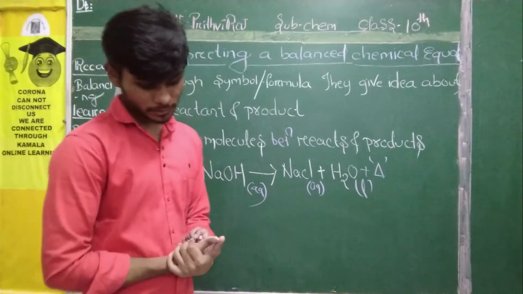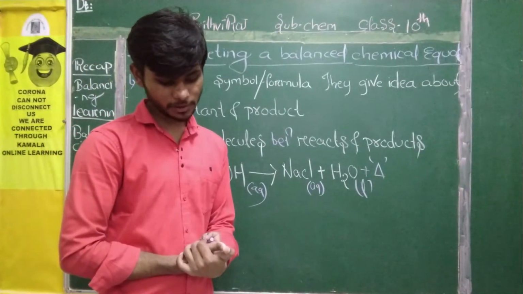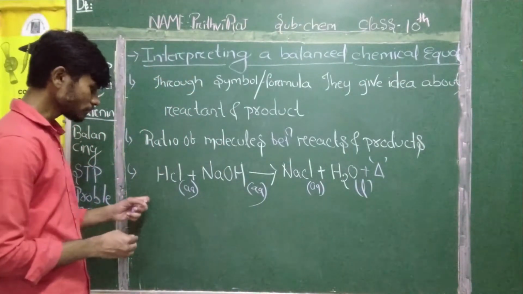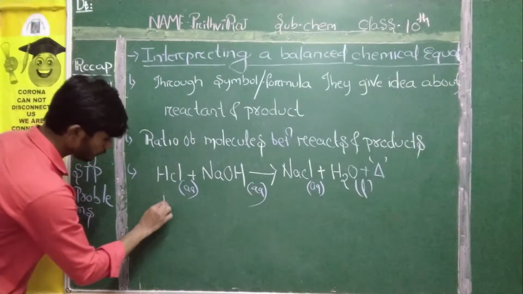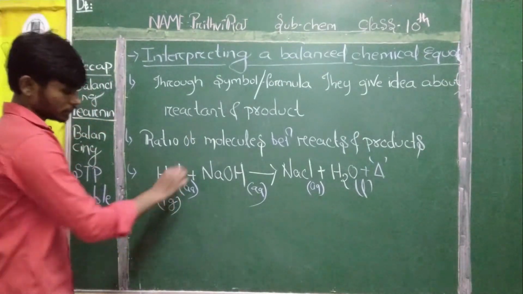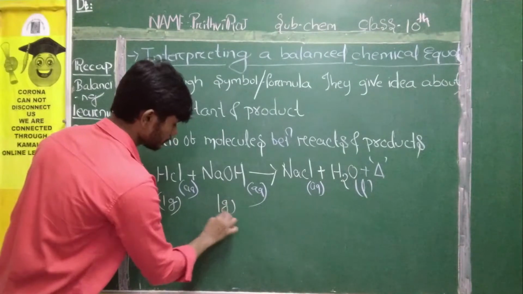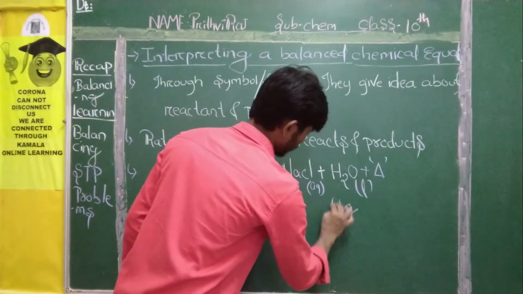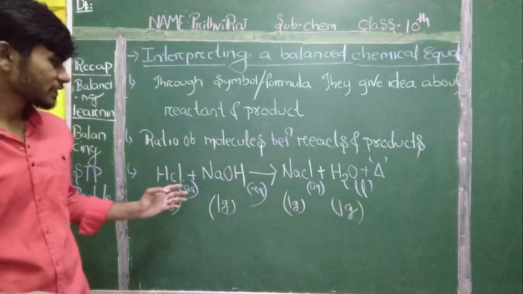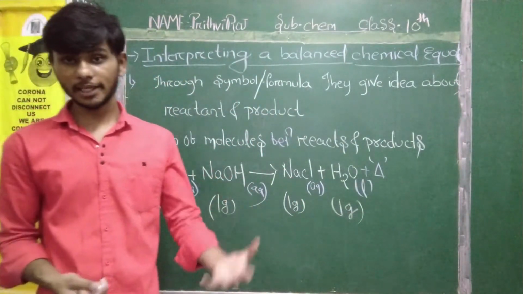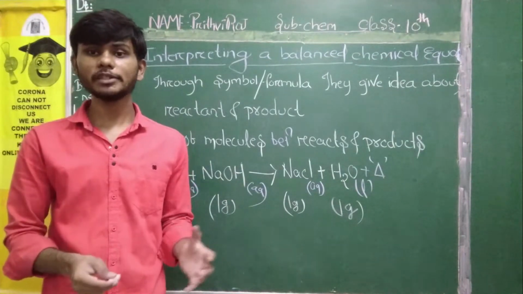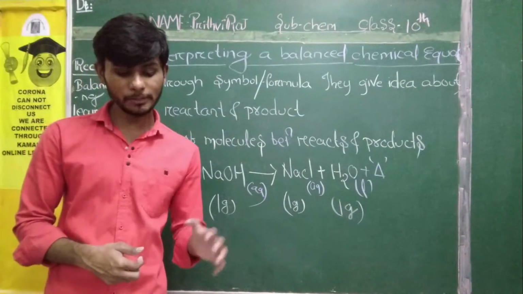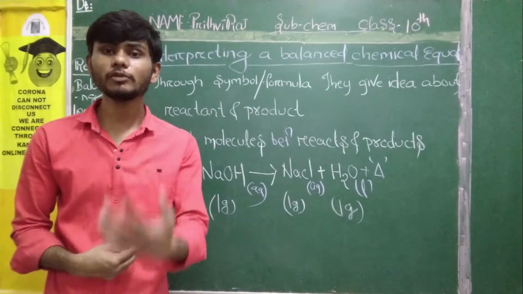If the masses are expressed in grams, then the equation also gives the molar ratio of reactants and products. Suppose it is saying 1 gram, this is also 1 gram, and again here 1 gram, it should come 1. If the reactions are given in grams, then we can get an idea about their molar masses, the mole concept. This will be cleared in the upcoming examples which I am going to give you all.